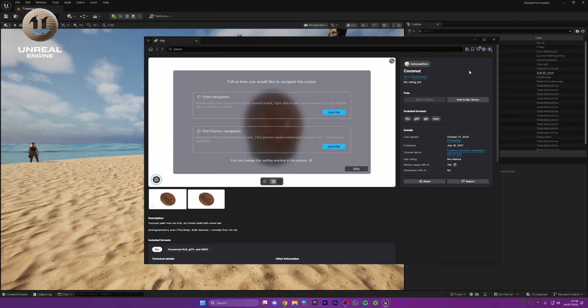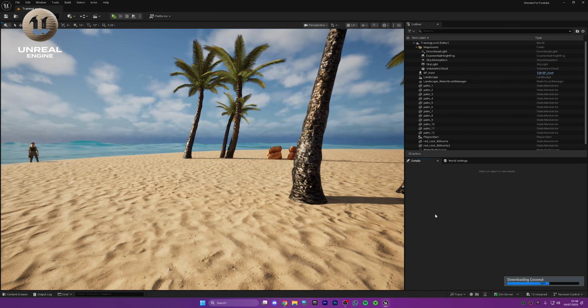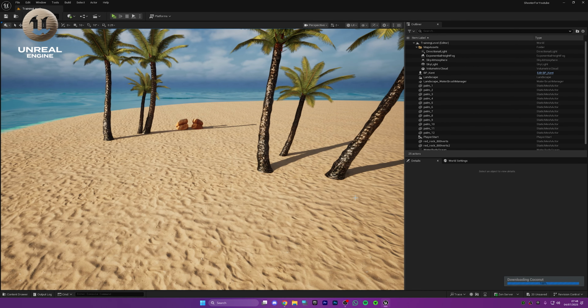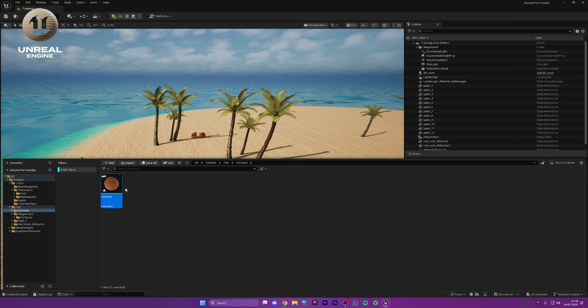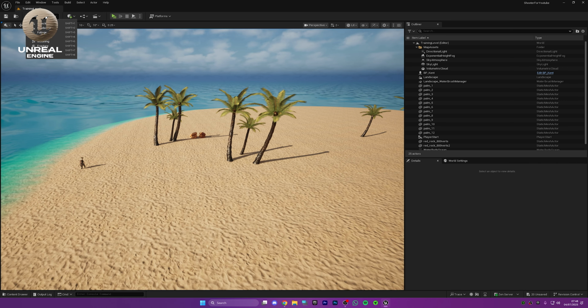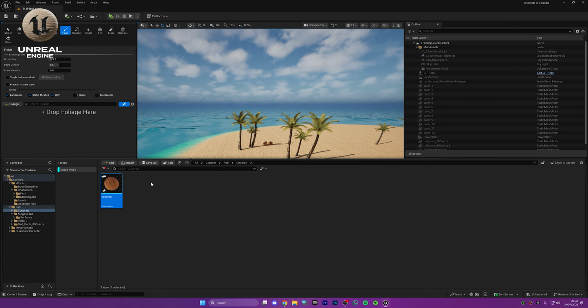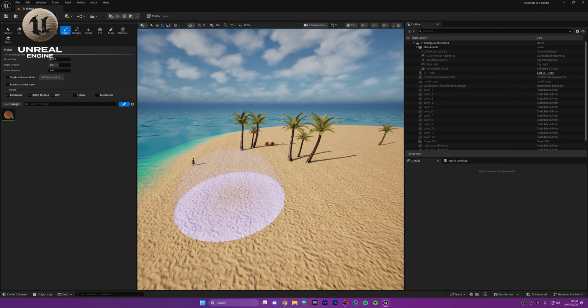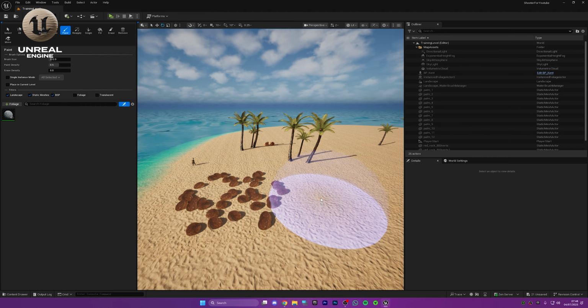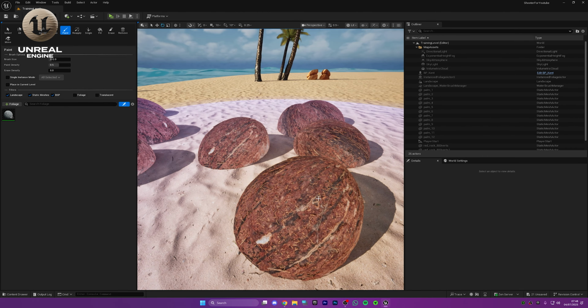Add to project, and then you should see a loading bar on the bottom right. When that's done, you will have your coconuts in the level. Now these trees and these rocks, I've just dragged them in, nothing special there, and we have this little coconut. Now we can actually go to the foliage mode and drag the coconut into here like this, and when we have this selected and paint, we can actually paint some coconuts in, but they are pretty much bigger than my